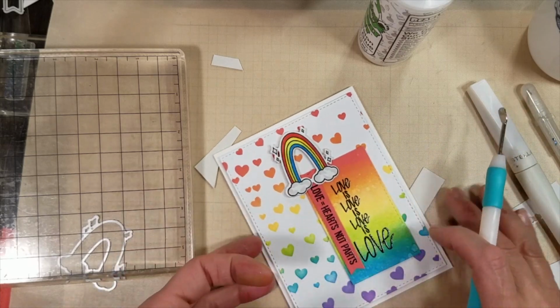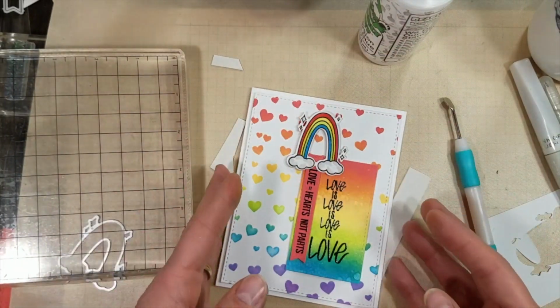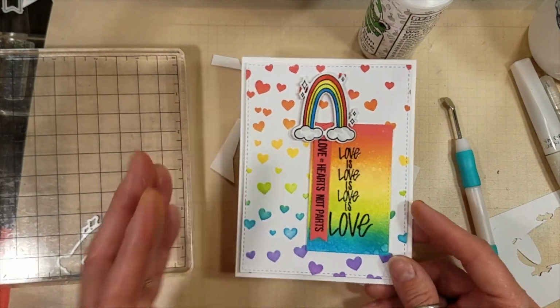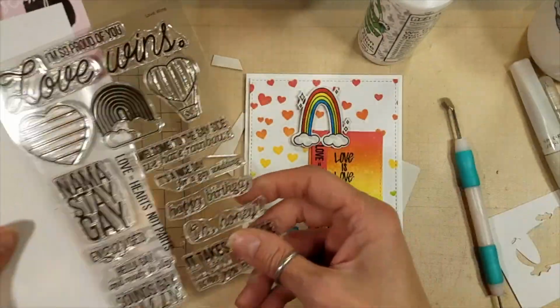Hey, I finally got myself a pokey tool. I think I have a couple of paper piercers. I don't honestly know where they are, but they're not the easiest and they're pretty sharp. Oh, here,